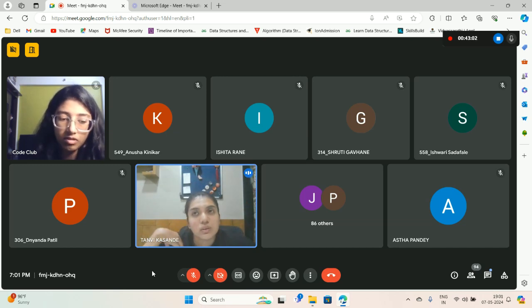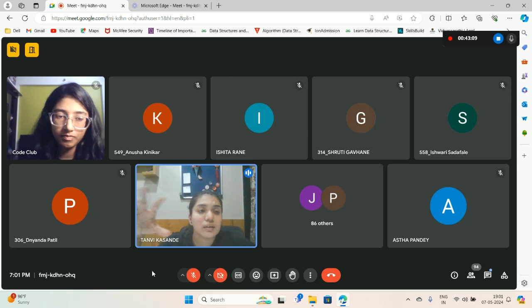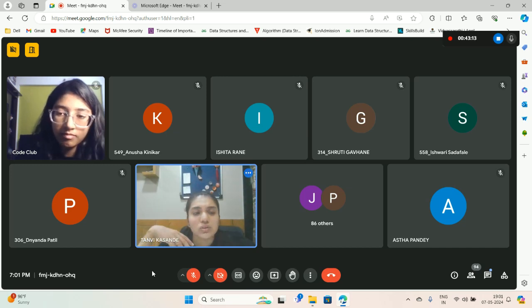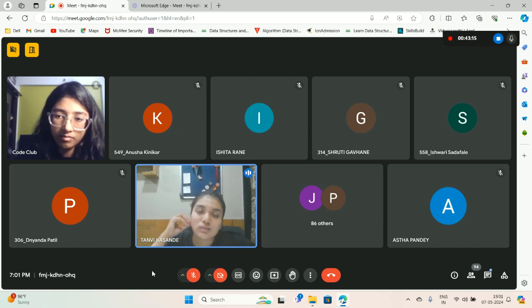One of my friends worked in the payment scheme for her internship. So she had to develop a payment gateway and an entire full stack application or a website regarding that. So there's no set pattern to what work you will be assigned. It really depends on what kind of team you're working with.